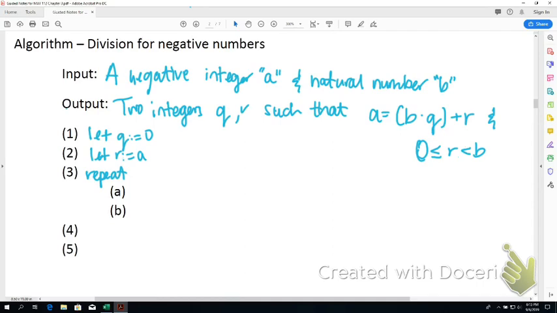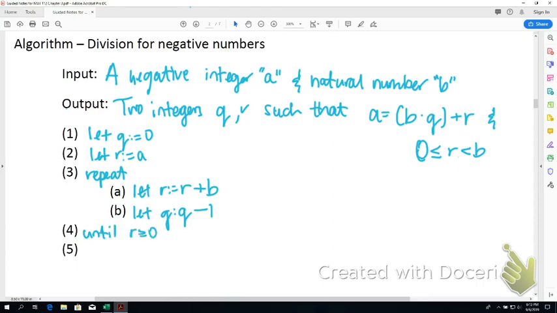Remember, in the last algorithm, we repeated: R, we're subtracting B every time, and Q is increasing by 1. In this one, you kind of do the opposite. So we're going to add B every time. And you think, why? Because A is negative. And for the quotient, we're going to minus 1 every time. So let R be assigned as R plus B, and then let Q be assigned as Q minus 1 until